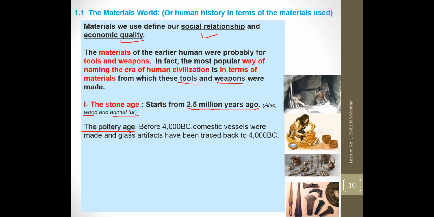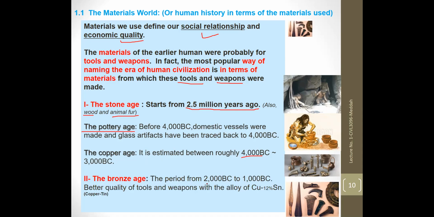But of course, the Pottery Age is not really an official name given to that age. Then comes the Copper Age. The Copper Age is estimated roughly between 4000 BC and 3000 BC. It is named Copper Age because at that time, as you can see in these pictures, humans learned how to separate copper from other metals, from the ore, and make domestic tools and also some weapons